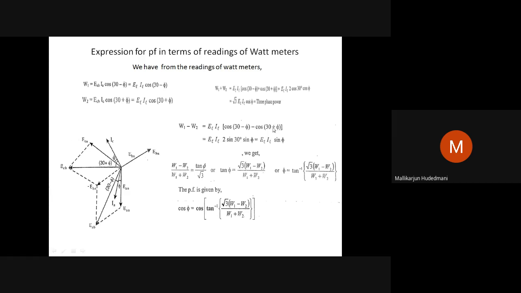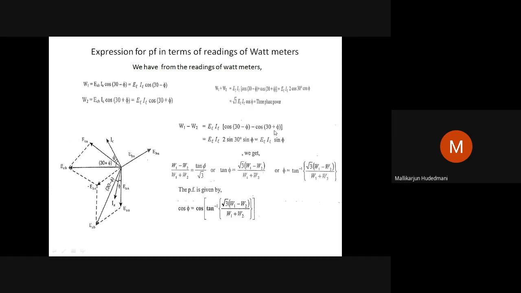Correct? So now you may question me, how do you justify these things? I have a vector diagram here. I have picked the same vector diagram showing you that we have a three-phase power measurement setup. Instrument 1 is in line A, instrument 2 is in line C. This is the vector diagram which helped to write this equation. With this we got W1 plus W2.